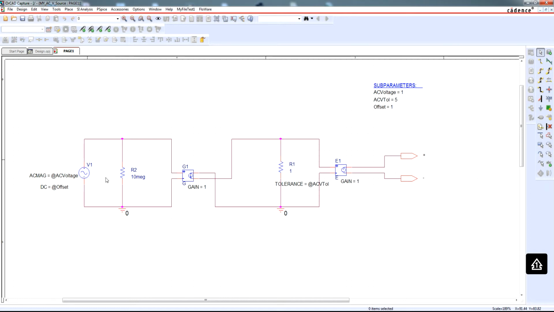For that, you place your AC source, you define the magnitude of the AC as the AC voltage with the syntax, and the same for DC. Then you use a voltage controlled current source, and then you have here a resistor, and in these terms what you have here is a voltage controlled voltage source in AC. So that's actually what you need: the value here is the same as the value here, but with tolerances,